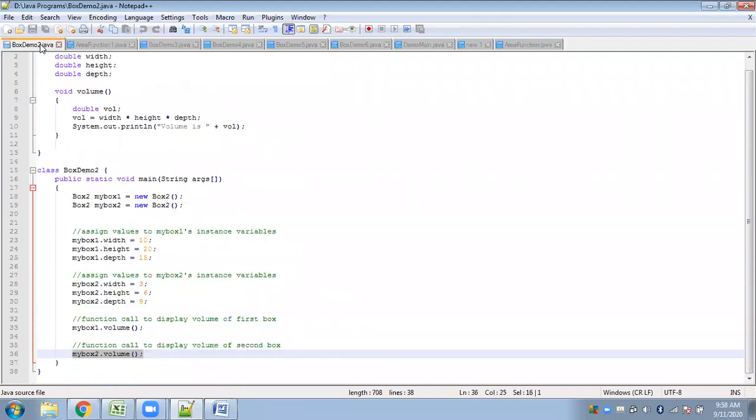Here we cannot do that, because they are two separate classes, and two classes will communicate only with the help of objects. So if I want this class to communicate with this class, I need an object that will serve the purpose. That is why I have created an object of this class inside this class, to access all the members belonging to this class, whether they are the variables or the methods. Is that fine?